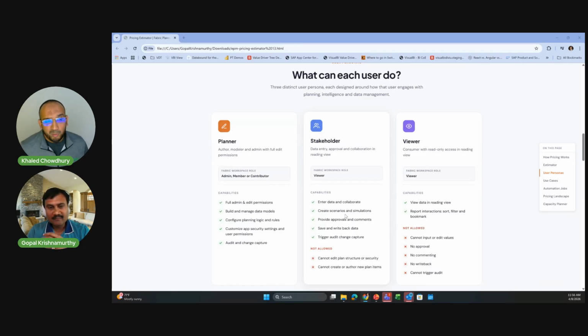The planner is more of, I think this might be a feedback, I think the planner is more of an admin level, plan admin kind of concept. Author, think about an author, think about a developer. Maybe that's just a feedback. I think from the stakeholder perspective, that's probably the better name for planner, right? People planning and doing the input, stakeholder, planner, whatever you want to call it. But I think plan author might be a better name, just my feedback.